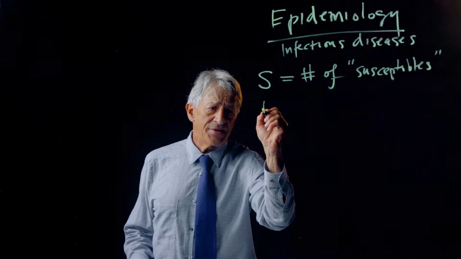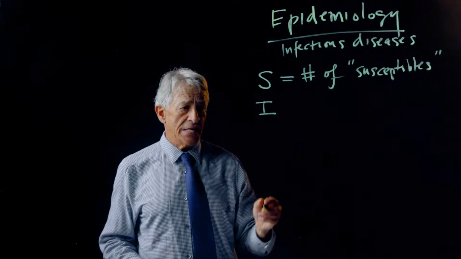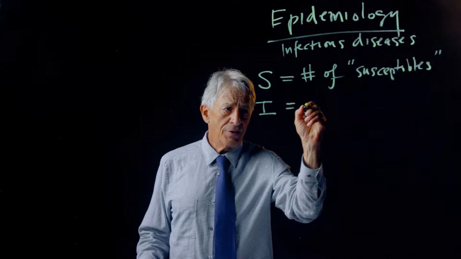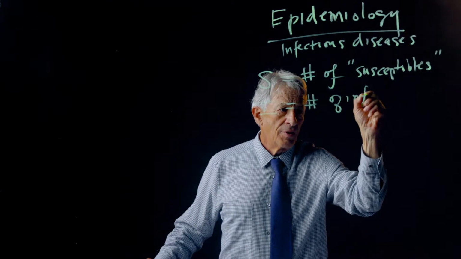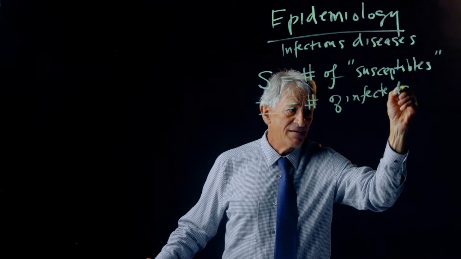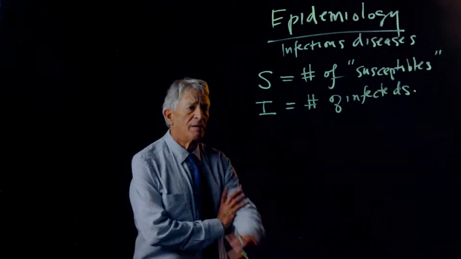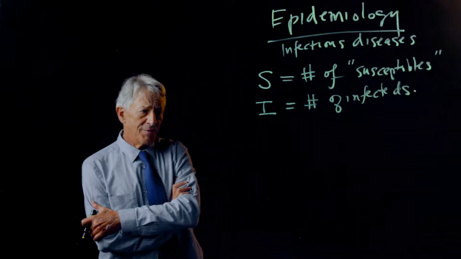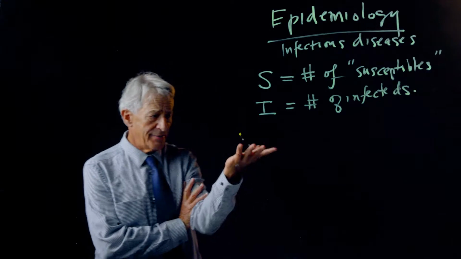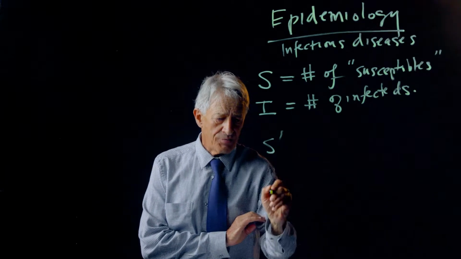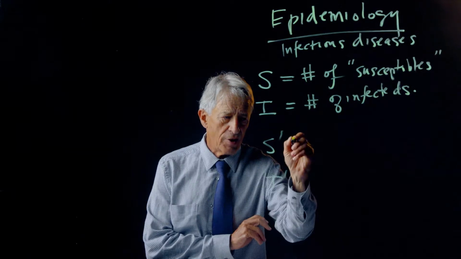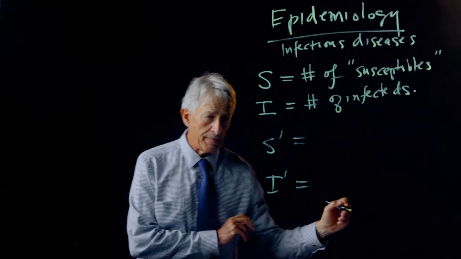And the second key state variable, the second key population, is the number of infecteds. Now, in a model like that, as we start to write the S prime and the I prime terms,